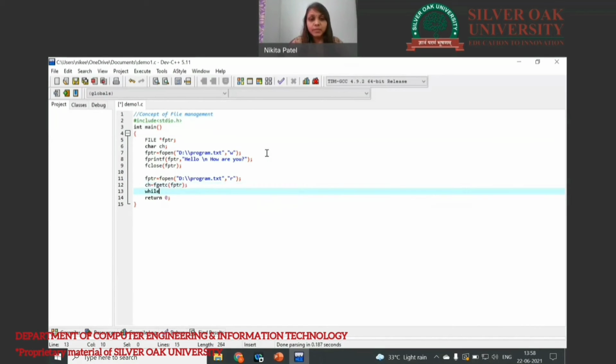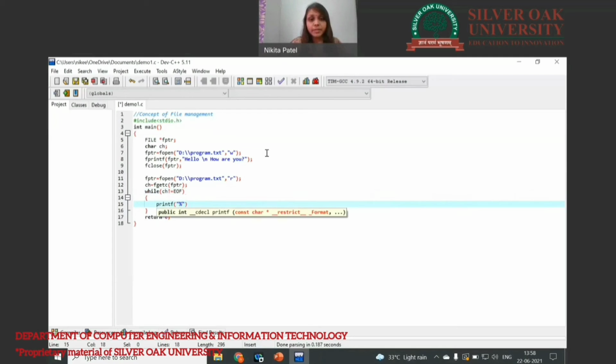Then after that we will take one loop, because we have to display all the text contained in the file, but we don't know the size or number of lines of the text. So that's why we keep the condition here, if ch is not equal to EOF, which is end of file, we will print the character.